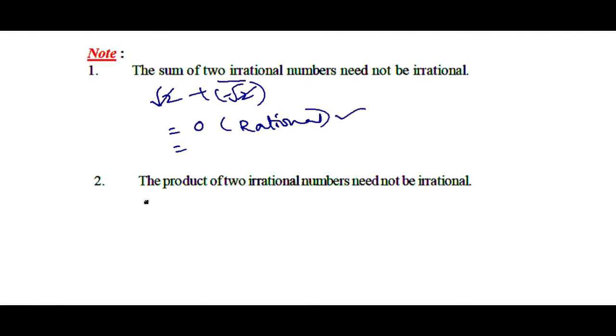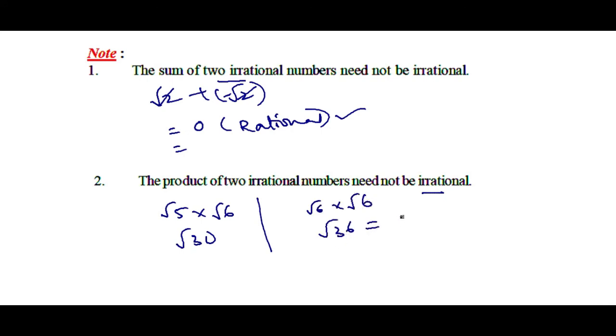In the second note, the product of two irrational numbers need not be an irrational number. For example, I am taking root 5 into root 6, the square root of 30, which is an irrational number. But if I am taking root 6 into root 6, what will become? Square root of 36, which is nothing but 6, a rational number. So the product of two irrational numbers also need not be irrational. Sometimes you may get